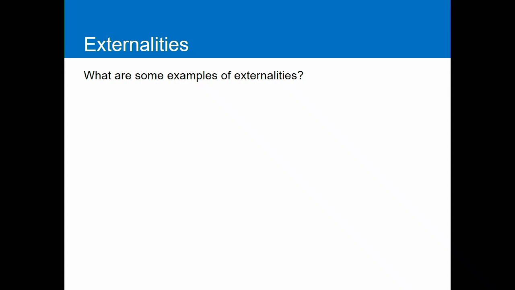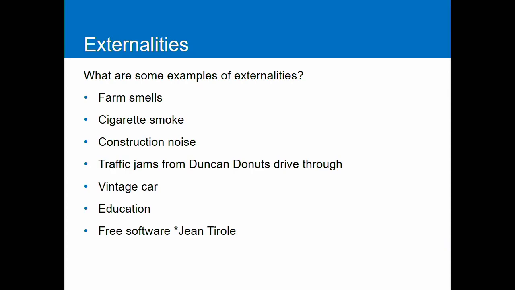All right, so besides pollution, think of anyone who drives past Valewood Farms on the way to the truck stop for breakfast on Sunday morning to soak up that hangover. You get that smell coming off of Valewood Farms from all the cows they have there. That's an externality, the production of, what do they make with the cow? I guess milk. You end up with smell that's affecting people that live around there. So that's an example of an externality.